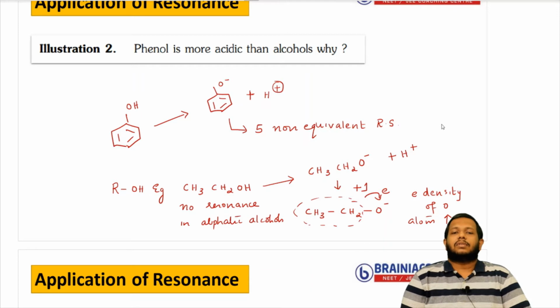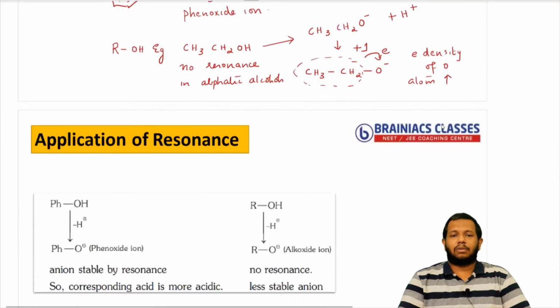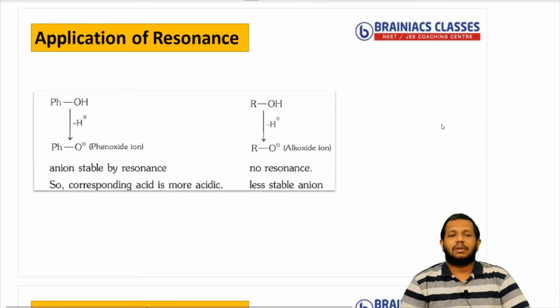Clear? So in aromatic alcohols like phenol, resonance is possible. That makes the phenoxide ion more stable, because it can donate the H plus and it can form resonating structures. What is the meaning of that? This minus charge will keep on distributing or moving around the benzene ring, so that oxygen will not have the negative charge at any particular moment. Then if some electrophile comes also, it cannot attack because this minus charge keeps on wandering. Understood? Very simple.